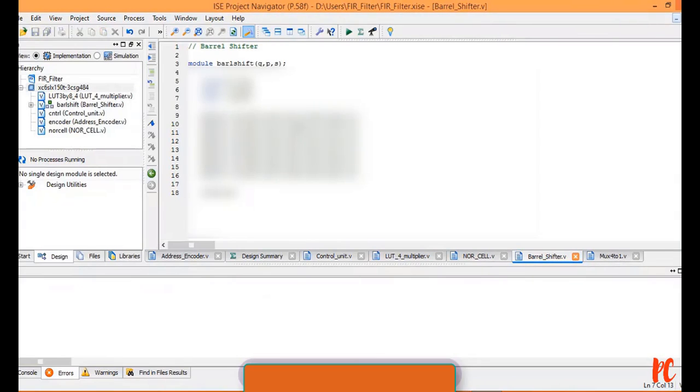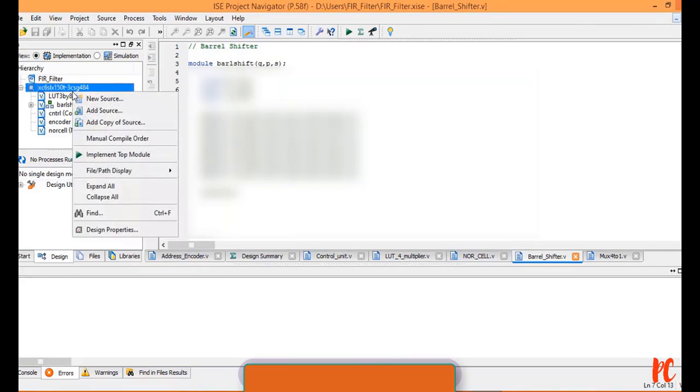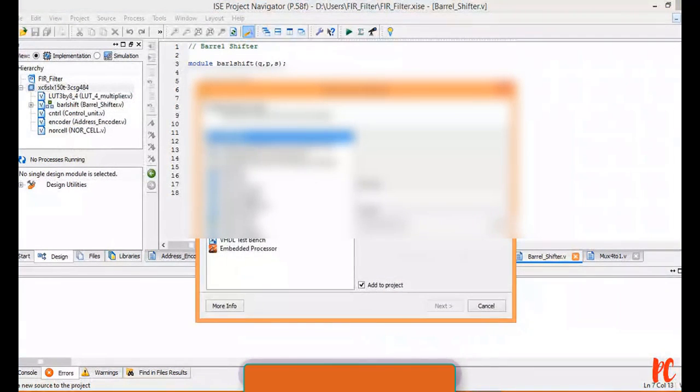Okay, now let's instantiate all the programs that I have written: address encoder, control unit, lookup table for a 4 table, NOR cell, and barrel shifter, followed by mux 4:1. Let me add a new source, which is a Verilog module, top module for a 4 multiplier.